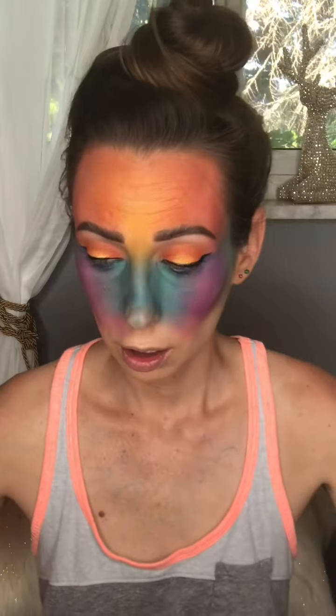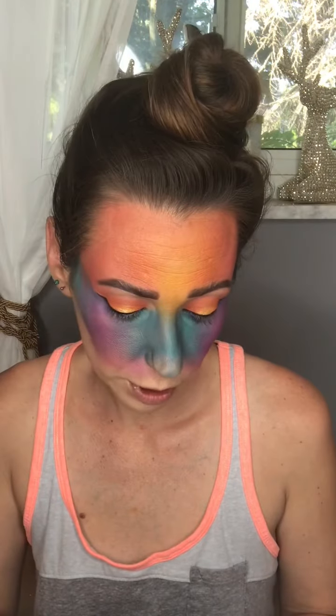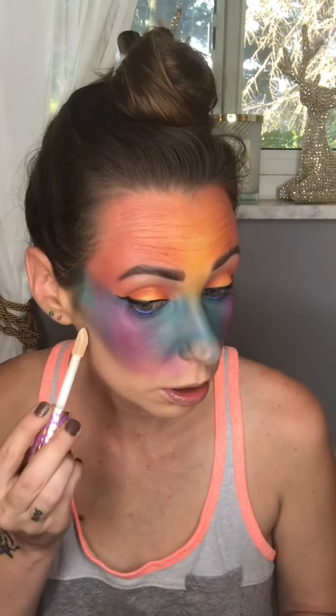All right, let's keep blending a little bit more yellow. Okay, you guys, so I've got my Sunset Galaxy colors on. I'm still going to add some stars and things like that. Maybe a moon right down the middle. But the first thing I want to do actually is